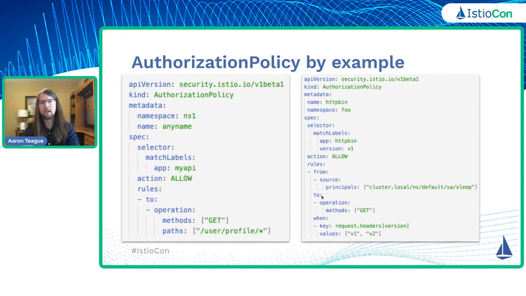It's a wildcard. Going a bit harder, a bit more complex, we have enforcing on pods that have this set of labels: app httpbin, version v1, on the foo namespace. We're going to say yes, we're going to allow it as long as it fulfills these rules here. If it's coming from a namespace of default and a service account sleep, then it is doing a get method and it's using headers with the key version and the values v1 or v2, then yes, allow it, let it in,